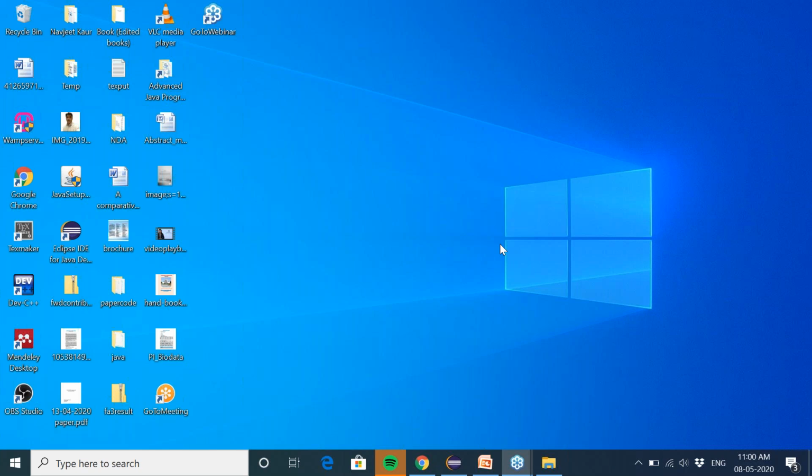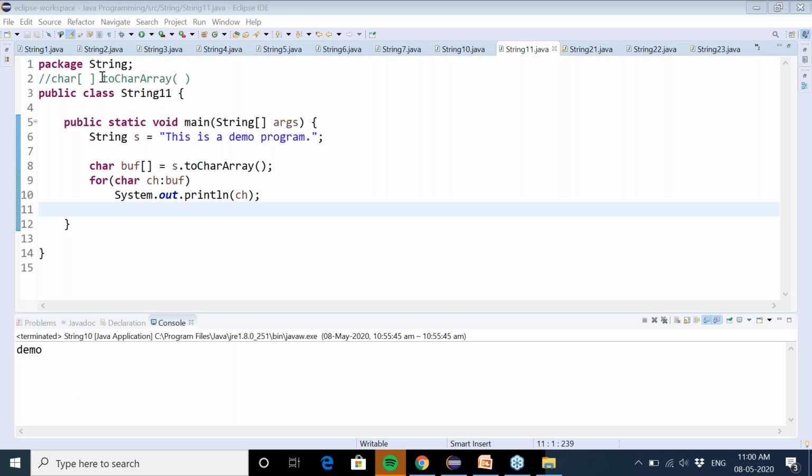In this problem we are going to discuss another method of the string class, that is toCharArray. If you want to convert a string to a character array, then you can use this.